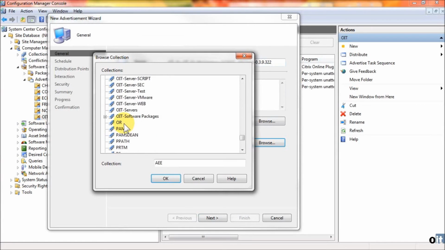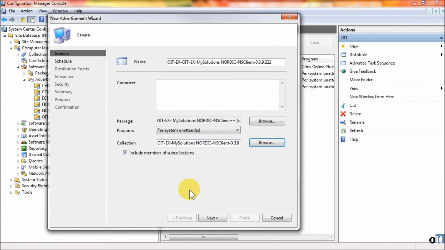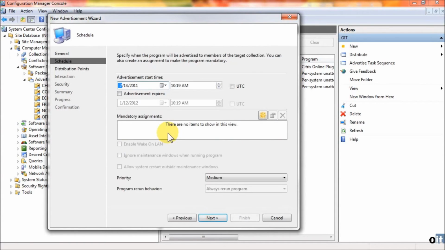So because I've arranged this in the non-standard way, I have the 64-bit, and so the 64-bit machines will get the 64-bit package. Now, for the advertisement, an advertisement is something that the end user can see, and you can specify,